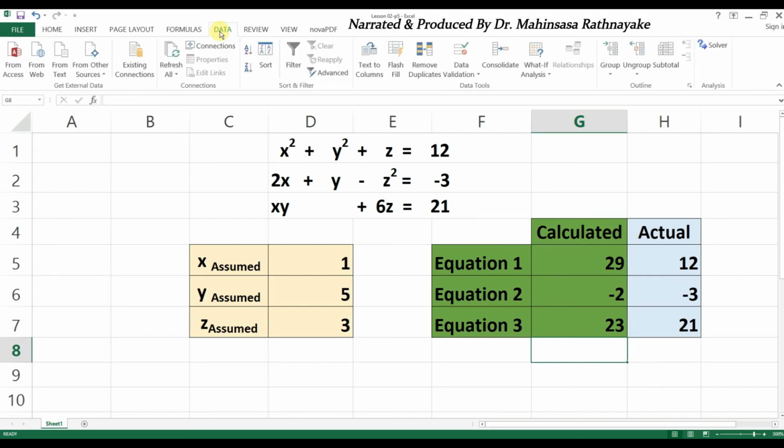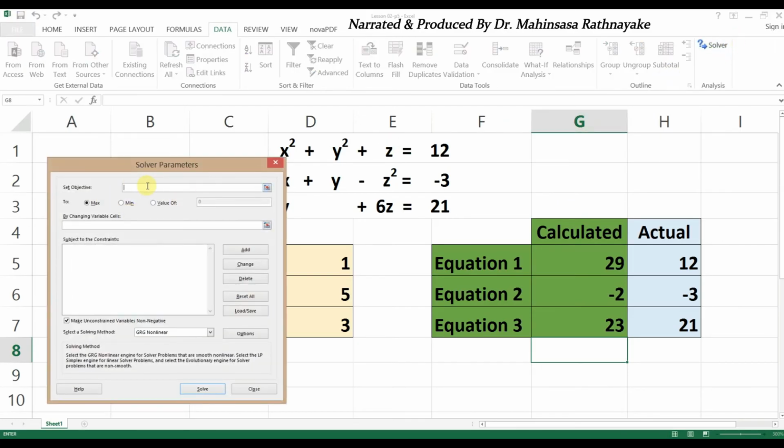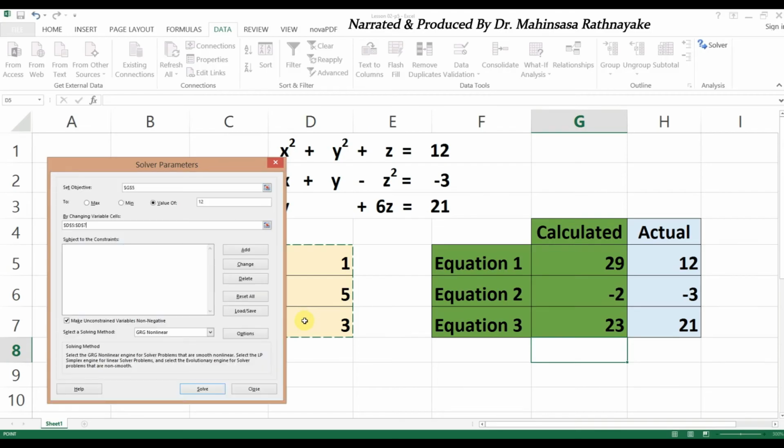Now let's open the Solver tool. Select the objective as the cell for equation 1. Insert the target cell and the value. For multiple equations, we have to enter constraints.